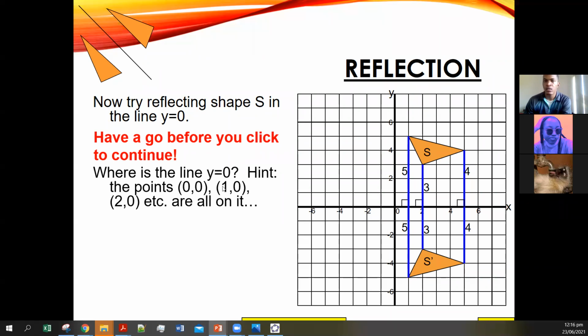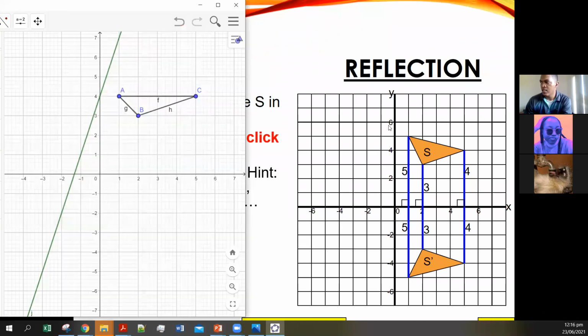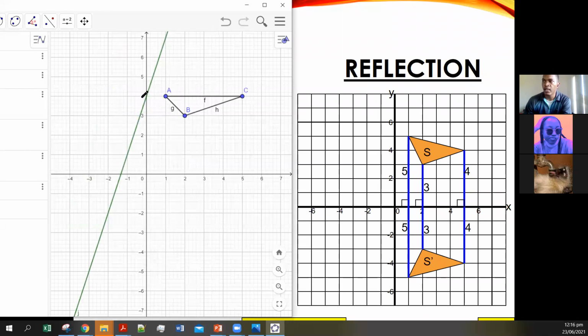Sir, there's a question in the chat box. Somebody is asking, isn't the reflection line the x-axis or the y-axis? That is what I was explaining now. It is not always the case that the reflection line is y and the reflection line is x. In our textbooks, examples and other examples, they only show these two lines. The example that you will probably get in the exam will be the one that I just showed you